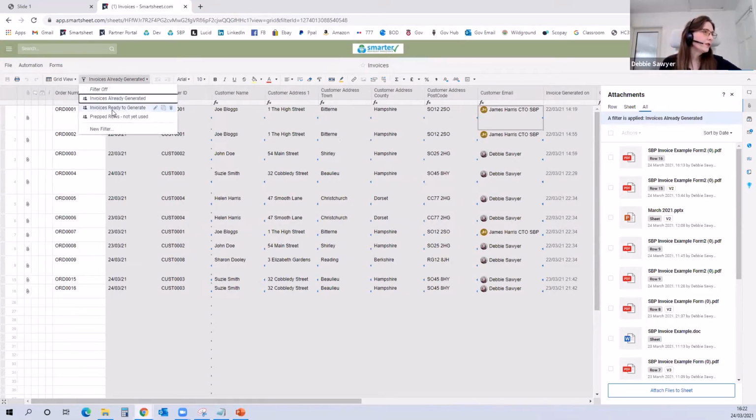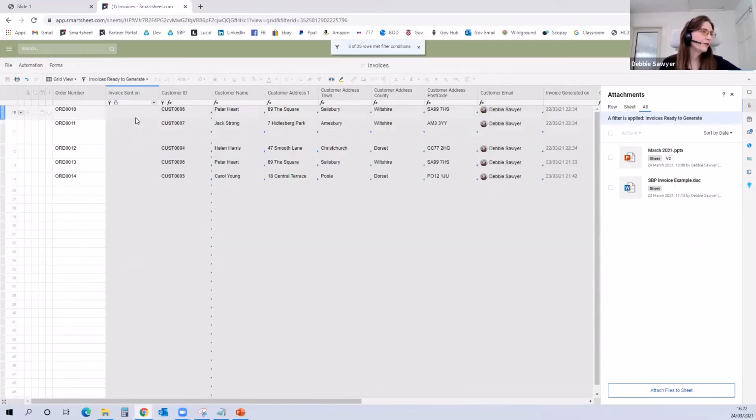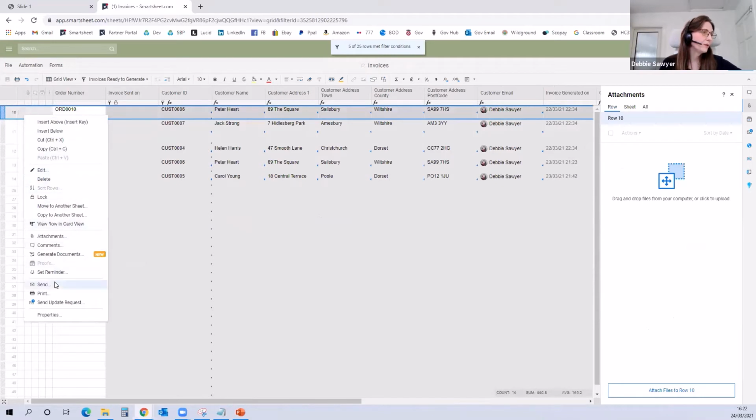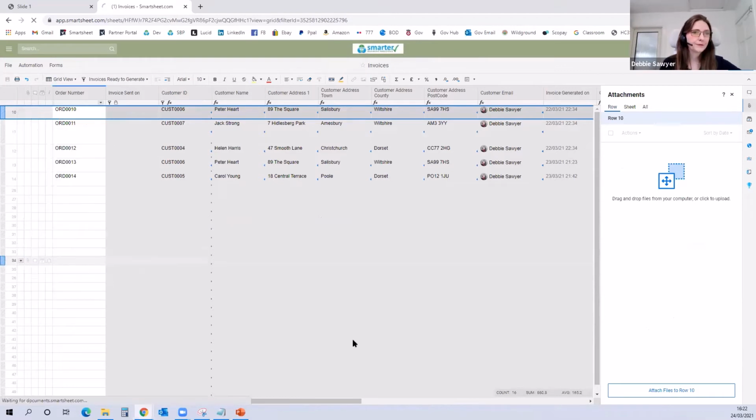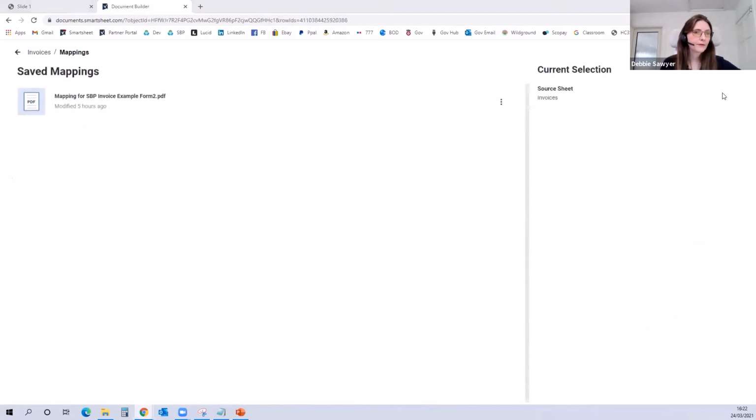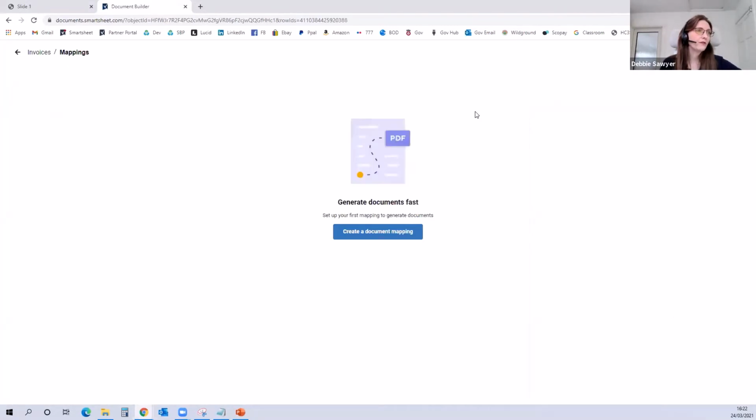If I just go to invoices ready to generate, I just had some pre-prepared. I just want to show how you do the mapping of your columns in the sheet to the template that you've just generated through your fillable PDF. So if I go to generate documents, I already have the mapping in place, but I'm going to delete that current mapping and I'm going to do a remap. So now the sheet doesn't know which document to use, so I'm going to create a document mapping,